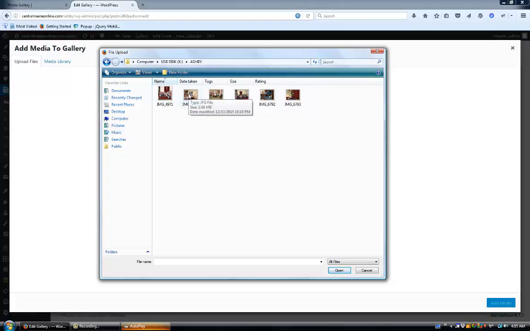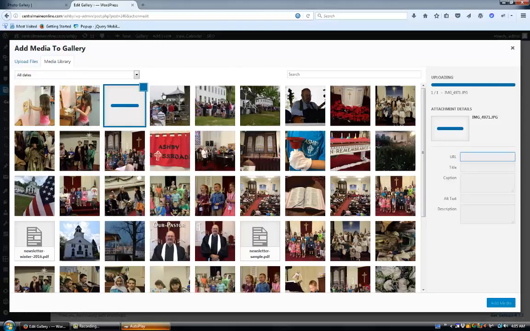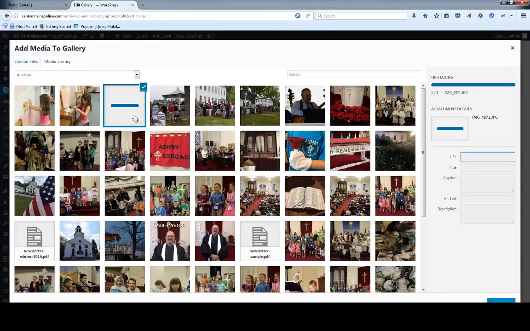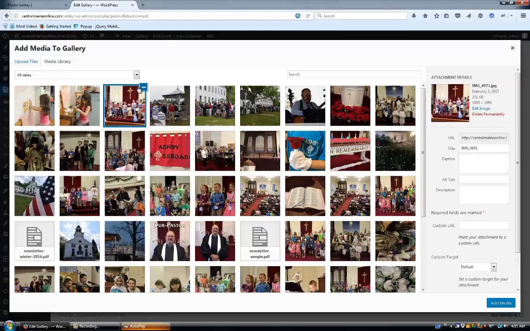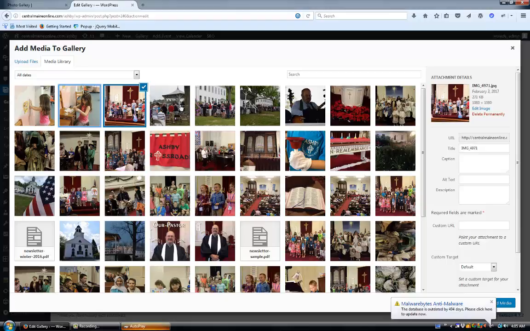So let's go ahead and just click on an image here. I'll choose the first one. Double click. You can see the image is being uploaded into the media library. Okay, and now that we can see the image is selected, and I could select additional images as long as they're check marked. Those are the ones I'm going to be adding to the